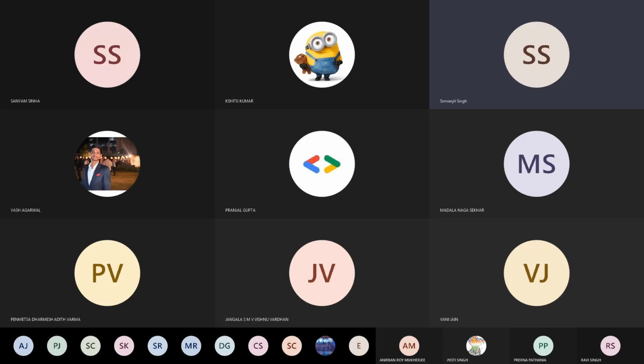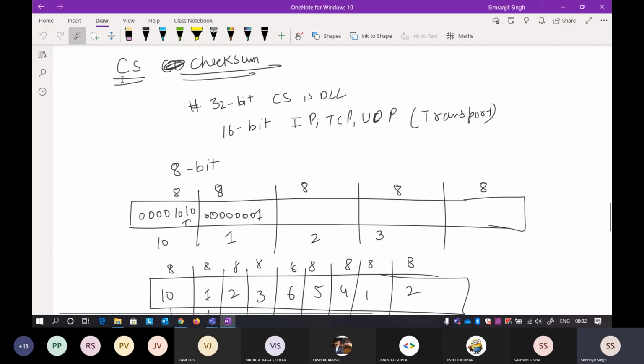Known as... what is the name of it? Hamming code. Okay. So I think you may have done this technique in digital electronics as well, if you have heard about Hamming distance. And if you have not done it, don't worry about it. I will start it from the beginning.